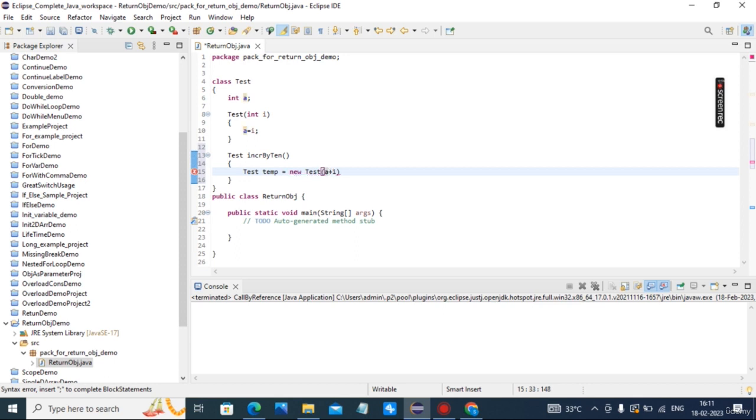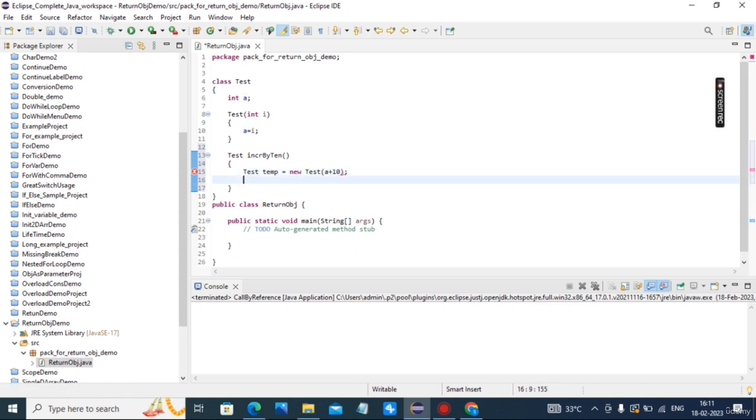What is it doing? It is creating an object of class test, and after that it is passing a parameter by incrementing 10. So a will be initialized, and whatever the value of a is will be incremented by 10.